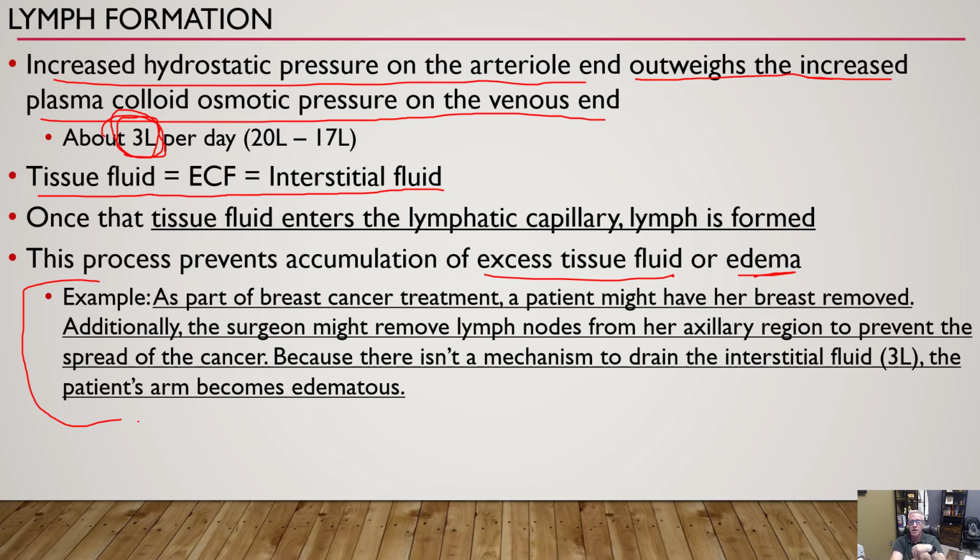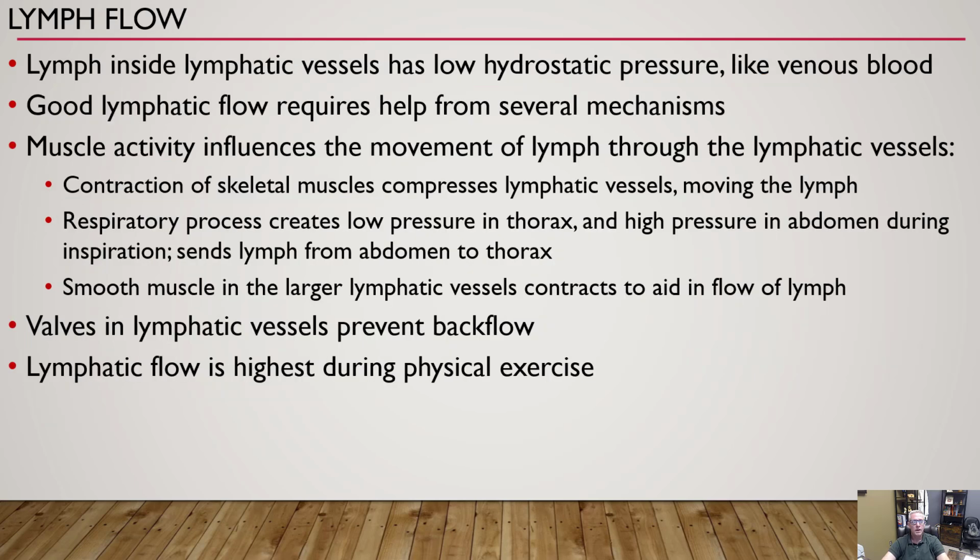But your patient's arm could be edematous. Edematous is the adjective form of edema. So you could see edema of the arm, or the patient's arm could be edematous because we have removed the lymphatic system or the axillary lymph nodes in that area. All right, so